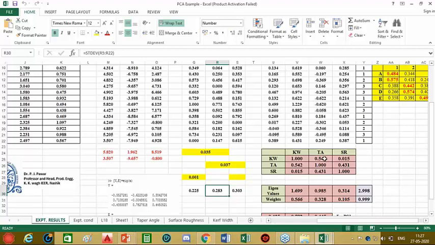So thus we obtain this value as 0.035 divided by 0.225 multiplied by 0.283. So this is how we get the correlation between curve width and the taper angle. In a similar manner, we can find out the correlation between all other responses, and we can now prepare this particular table of correlation.